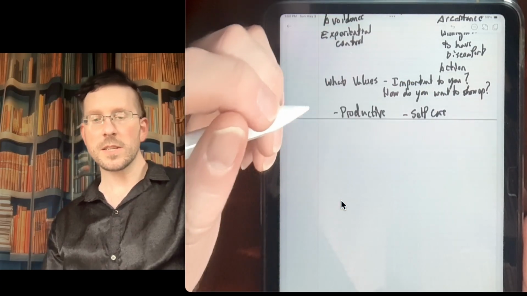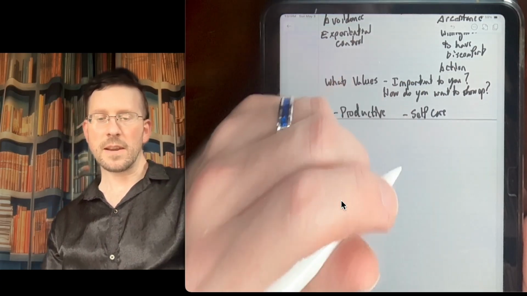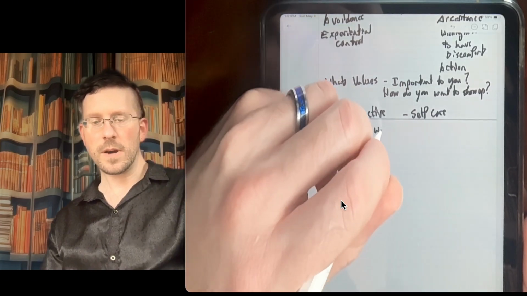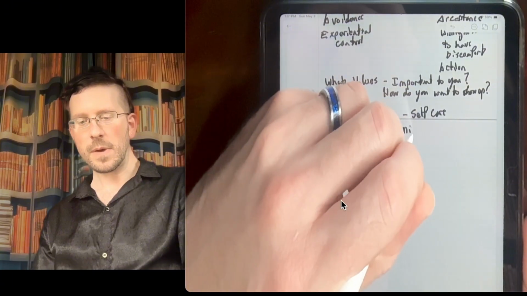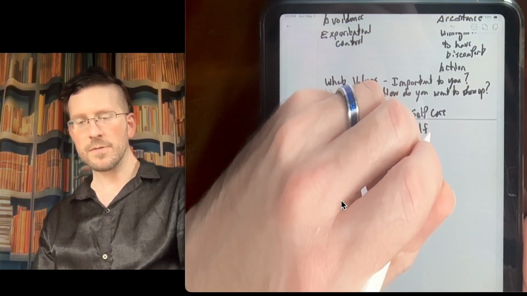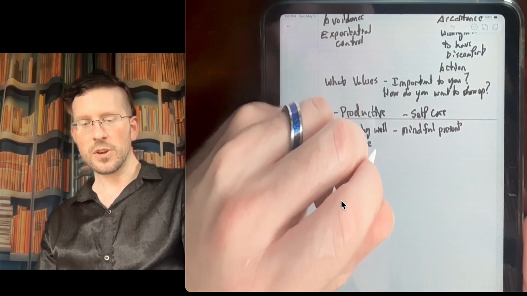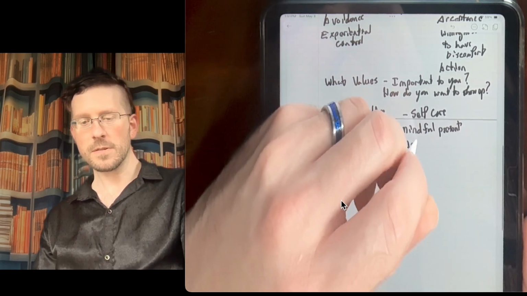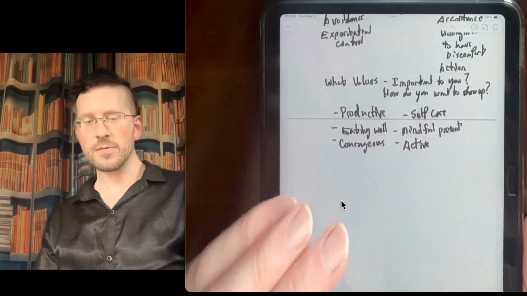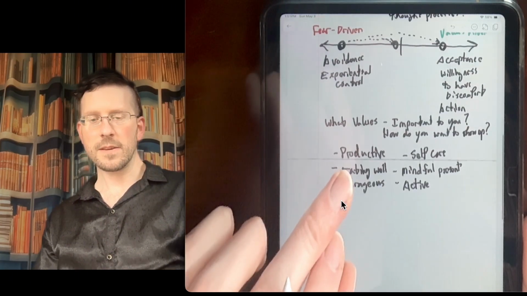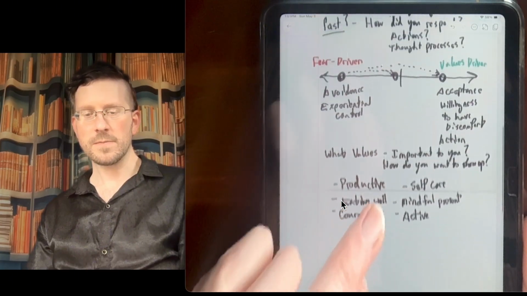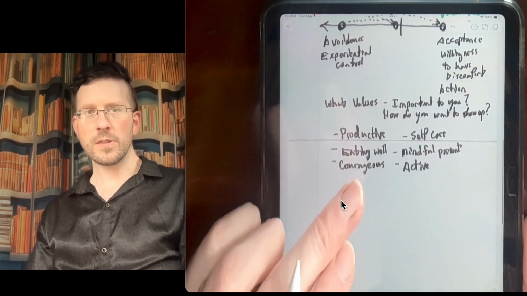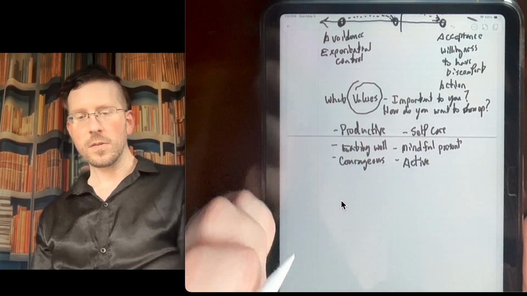So I don't just want to be productive. I want to take care of myself. Maybe eating well, maybe being mindful. This is ACT after all, being mindful and present, maybe being courageous in the face of hard things. Maybe you want to be an active person. Maybe you used to be an active person, now you don't feel active anymore in the state that you're in, feeling stuck, feeling hooked, maybe in some low place. And okay, so what are the values that move you?